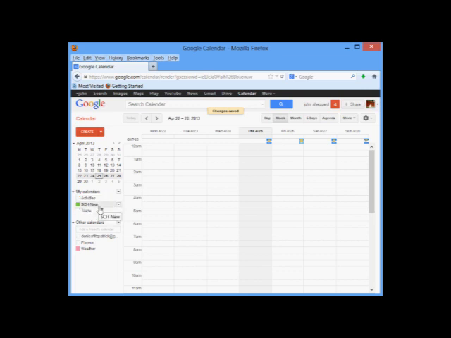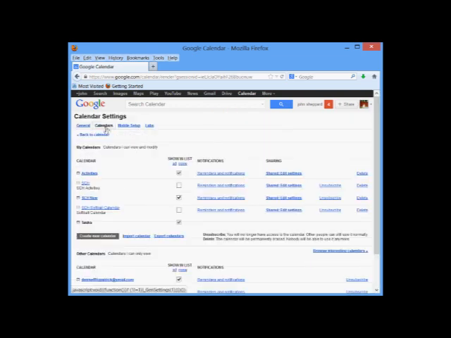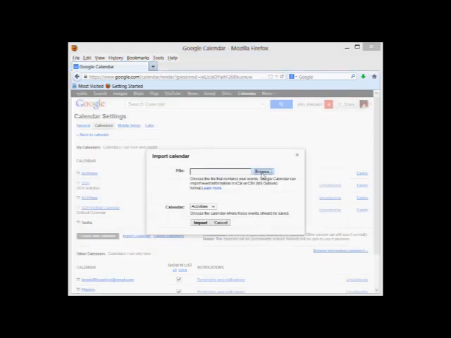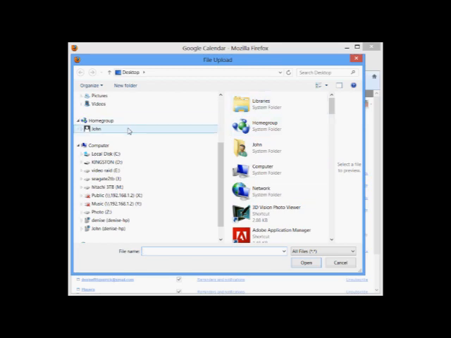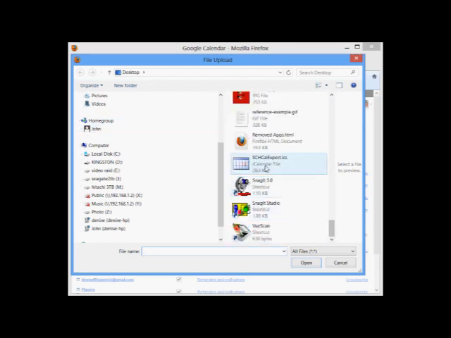So the second step in this process is to actually import the file, and for that I'm going to go back to where I was before, and I'm going to choose Settings again, and under Calendars, one of the choices is to import the calendar. I'm going to click on that. It asks me to browse my computer. Again, I put this file on the desktop, so I'm going to go to the desktop,